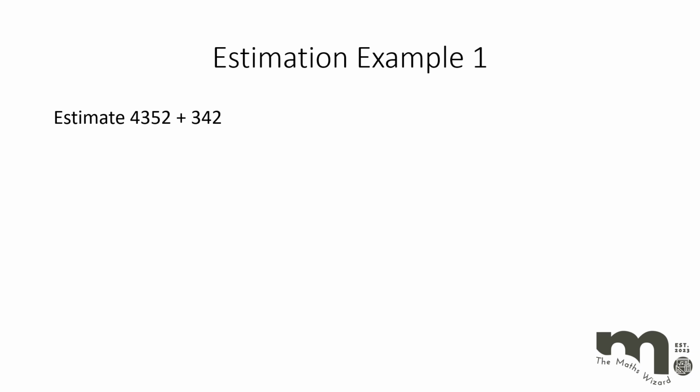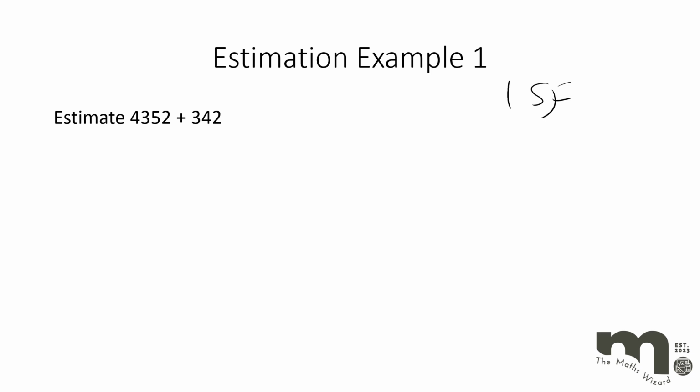Okay, so if we look at this next example here then, we're going to look at estimation now. When you are estimating, people often try and just work out the actual answer, but that's not what they're expecting you to do. What they would like you to do is round your numbers to one significant figure. Now, it's always going to be one significant figure unless they tell you otherwise. Sometimes on exam questions I've seen it before where they say round your numbers to the nearest 10 and estimate the value of. Okay, but if it doesn't give you anything specific like that,